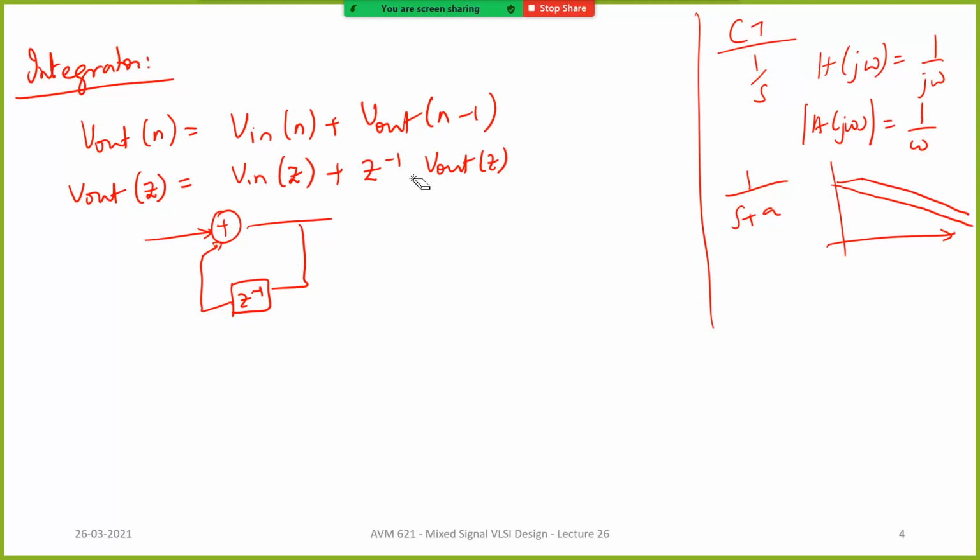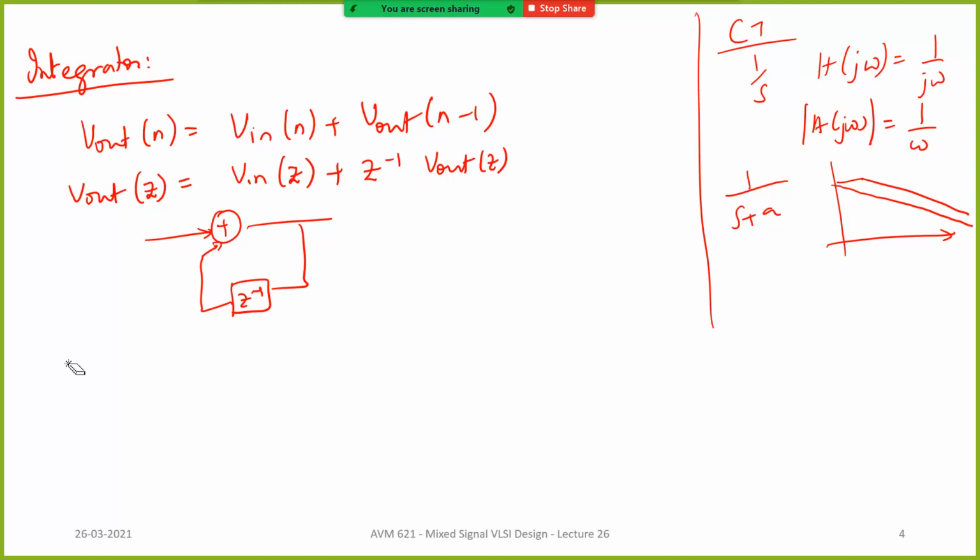And also, when you talk about all these things, you should be able to quickly move between time domain and frequency domain responses, which is what many analog interviews will look for, right? Whether you are able to understand things in both domains, or S domain or Z domain. How is its frequency response? How is its time domain response? These are very crucial for an analog engineer. Anyway, so this is what we get.